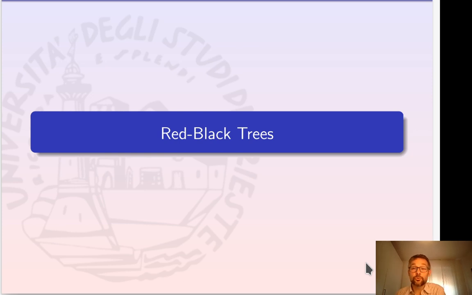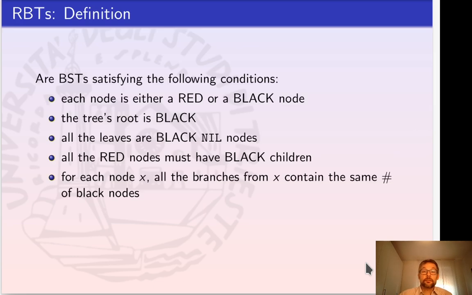And the idea is to do it locally. So instead of rebuilding the whole tree at each insertion and deletion, we want to fix the unbalanced part of the tree every time by inserting or removing a new node, when we enlarge, or stretch, or reduce too much the length of a branch. And this can be done by red-black trees, which are, as I said, BSTs satisfying